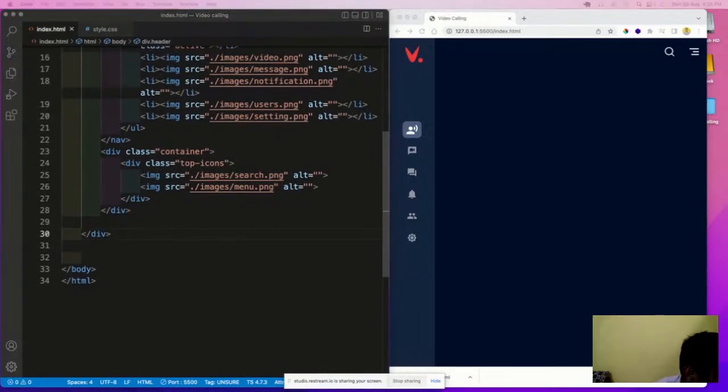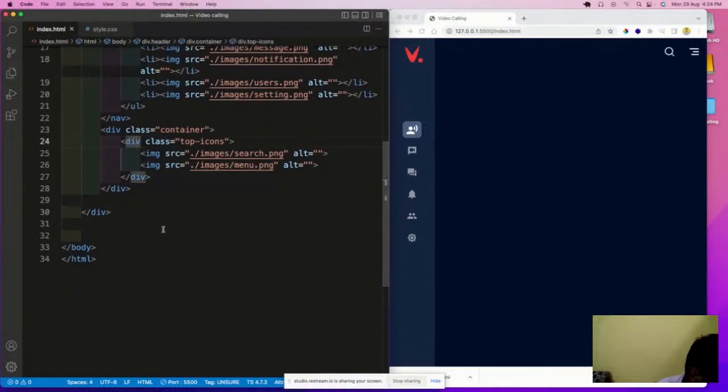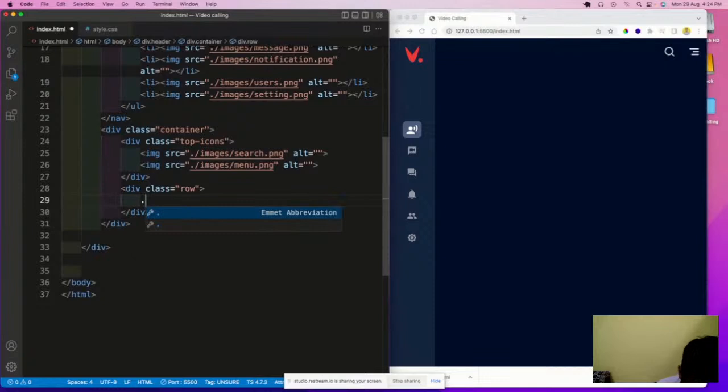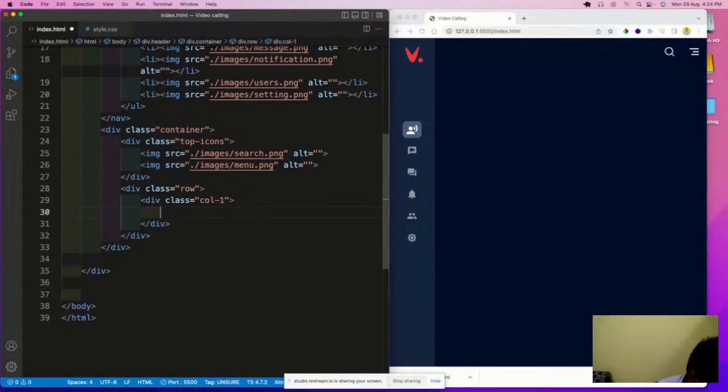Now what we will do, we will design, going back to HTML again, and we will fix some more things here. So this is here, and after this is again a container. So we will do one thing inside this container. We will create some more things. So dot row, and in this dot row we have again a div, dot column one. Okay, and in this we will do one thing. We will insert one image,